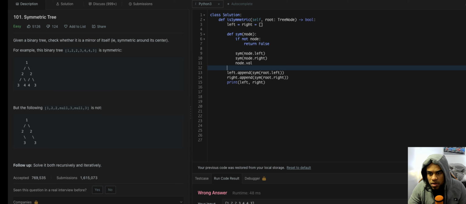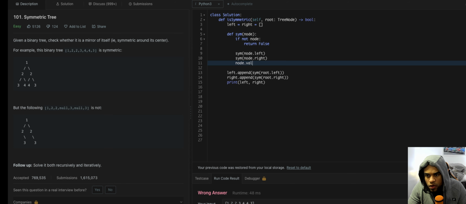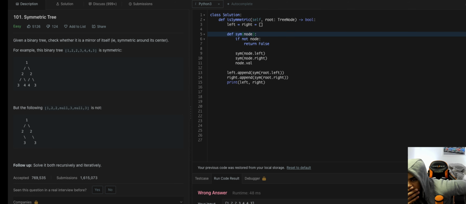Sim node dot left, sim node dot right, node dot value. Oh yeah, we got a parameter here. Call it output, for example,